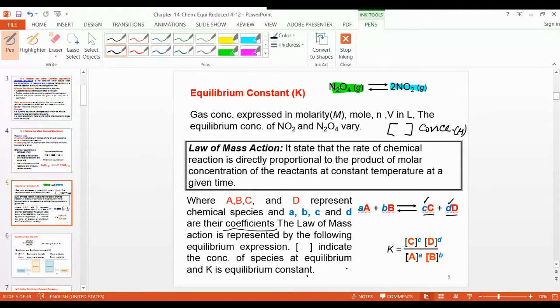And suppose c is equal to 1, d is equal to 2, small a is equal to 2 and small b is equal to 3, you can change it here. C is equal to 1, you can put it here. D is equal to 2, you can put 2 here. And a is equal to 2, you can put 2 here. And b is equal to 3, so you can put 3 here. These coefficients are coming from this chemical equation. This is 2 here, this is 3 here, this is 1 here, and this is 2 here.